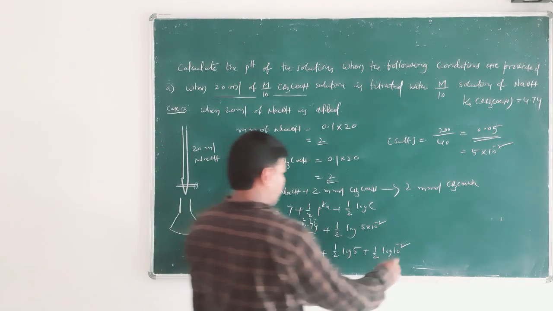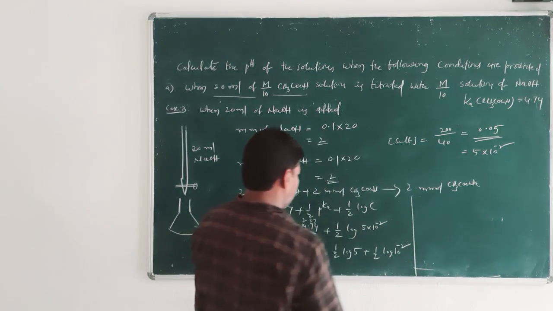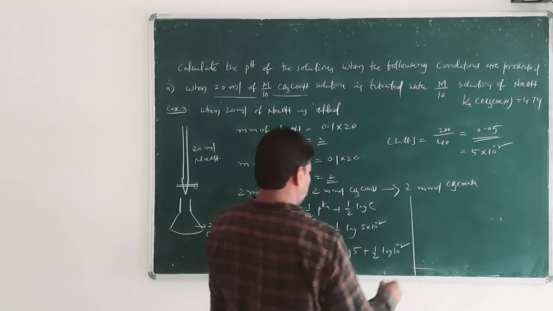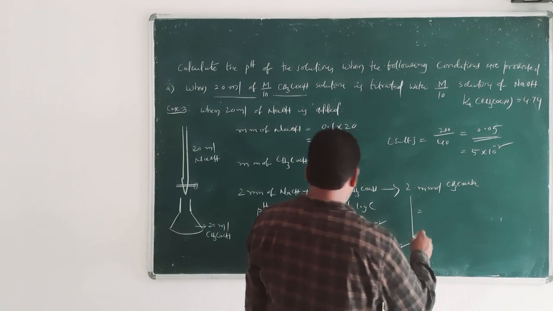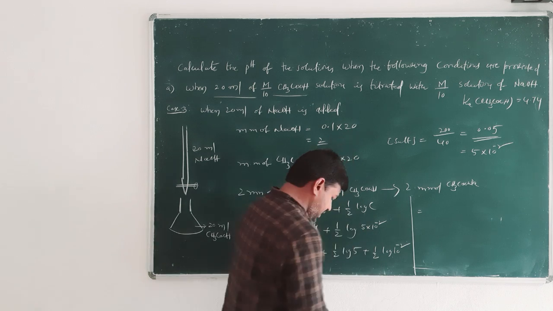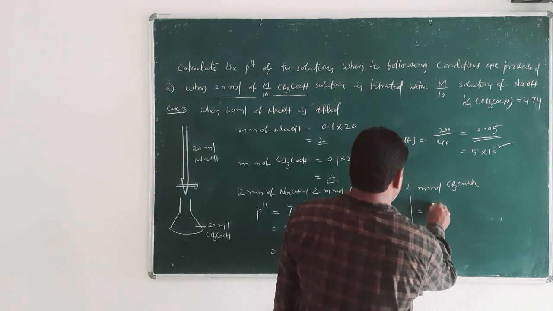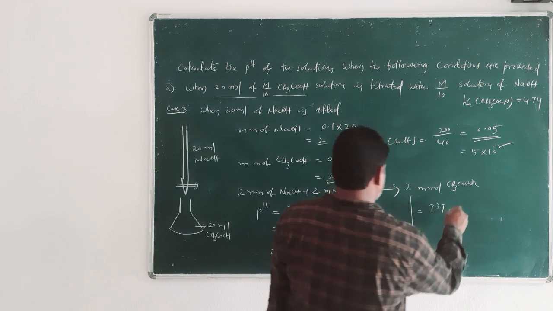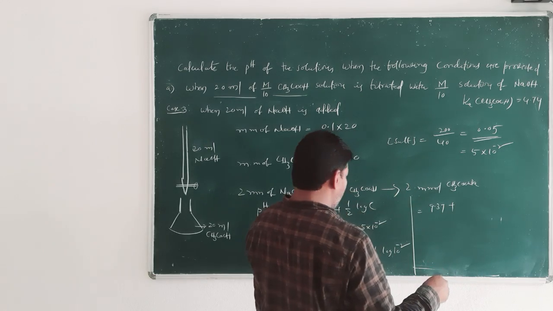Okay. In the next step, 7 plus 2.37, that is 9.37 plus log 5 whose value is